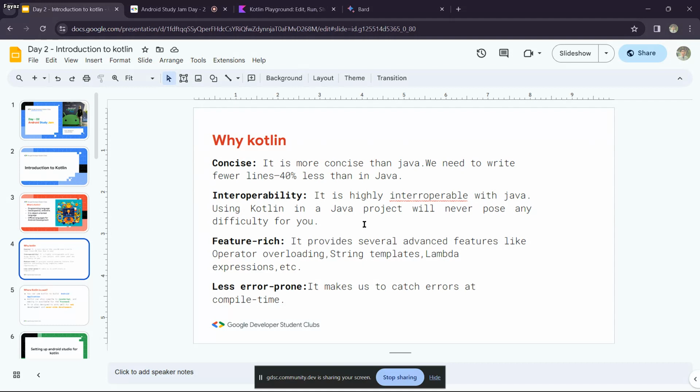Okay, next point is feature rich. It provides several advanced features like operator overloading, string templates, and lambda expressions. Basically, what it means is we have some advanced features in Kotlin compared to Java. That's why we use Kotlin. Okay, we will discuss what advantages we have later on in this session, and it is less error